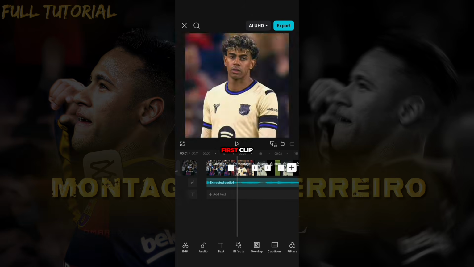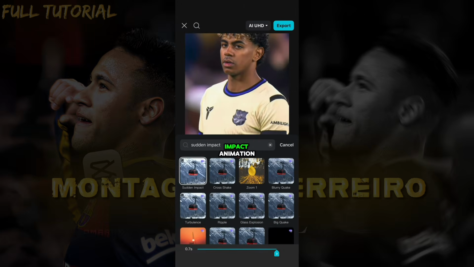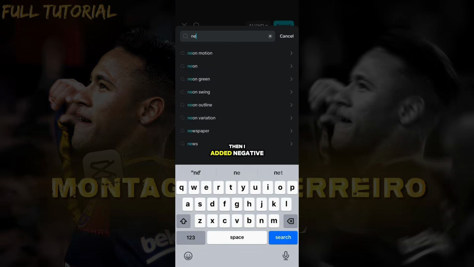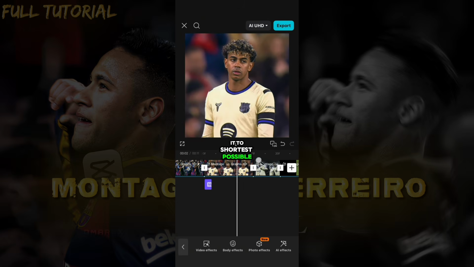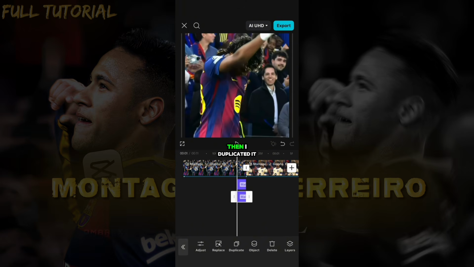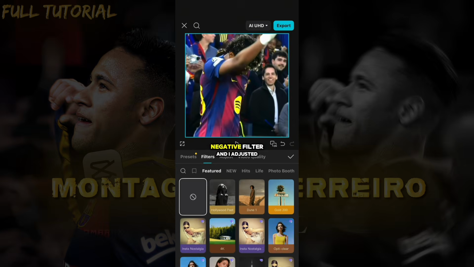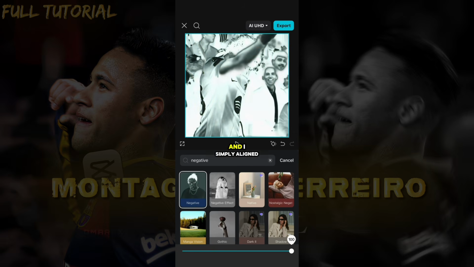I got back to the first clip. Then I added a sudden impact animation. Then I added negative effect and I shortened it as short as possible. Then I put it at the end of the first clip. Then I duplicated it and put it before the original. Then I deleted this. Then I put a negative filter and I adjusted it to 100 and I simply aligned